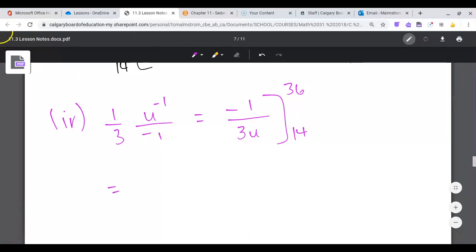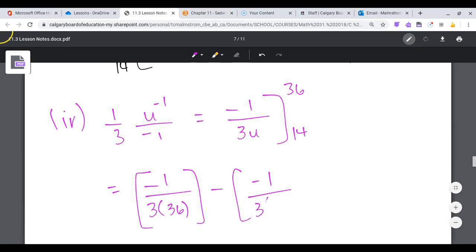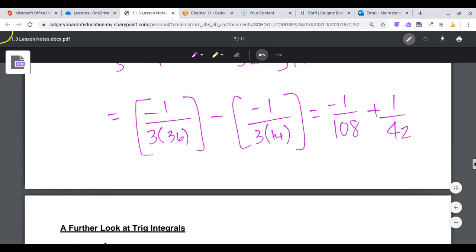So I have that this is equal to -1 on 3 times 36, subtract -1 on 3 times 14. And that is equal to -1 on 108, plus, because two negatives make a plus, 1 on 42. And when you put those two fractions together, you get 11 on